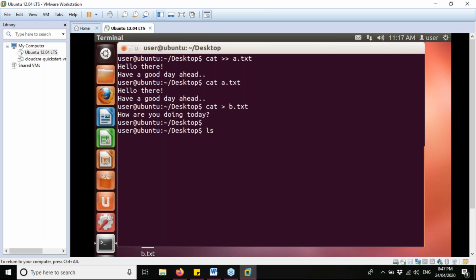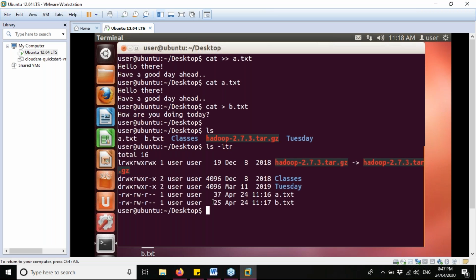So let us check ls. See, you can see here b.txt. All right, now let us check ls space hyphen ltr. Now see guys, b.txt is not 0 bytes because we have already put some contents there inside.